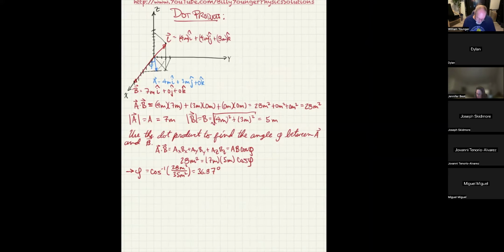Okay. So what we'd like to find now is this weird angle between them, which really is a weird angle, right? So let's find the angle between